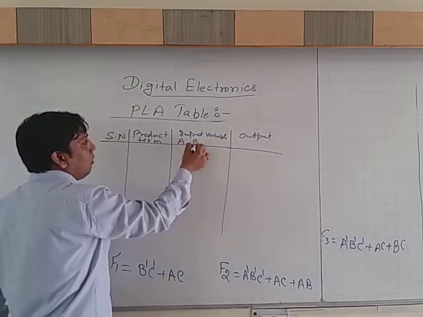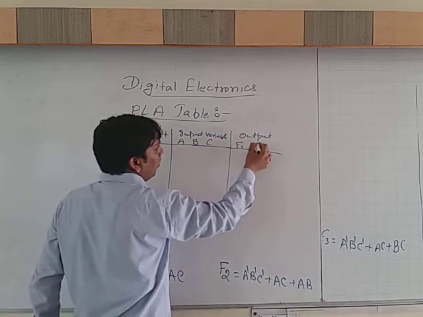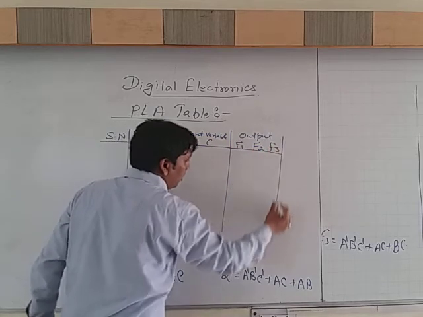Input variables are A, B, C, and output functions are F1, F2, and F3.